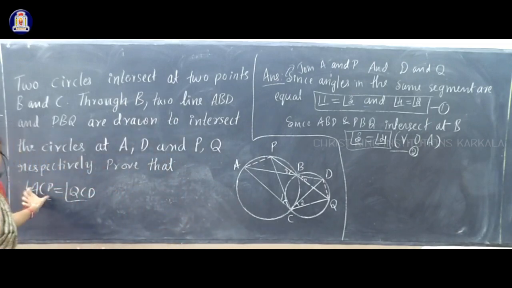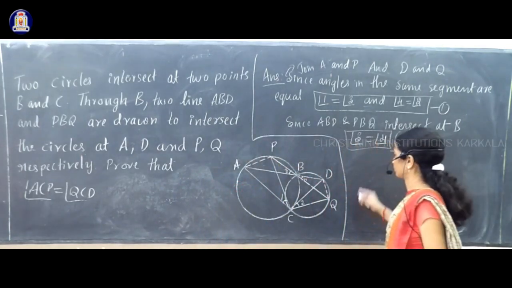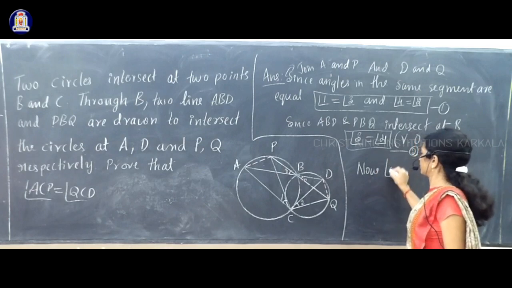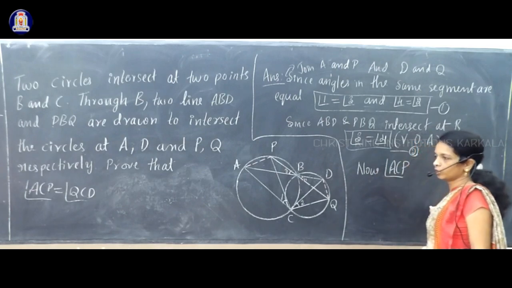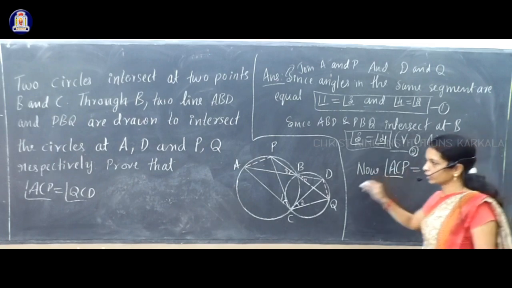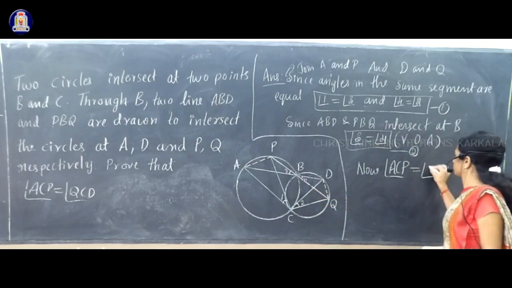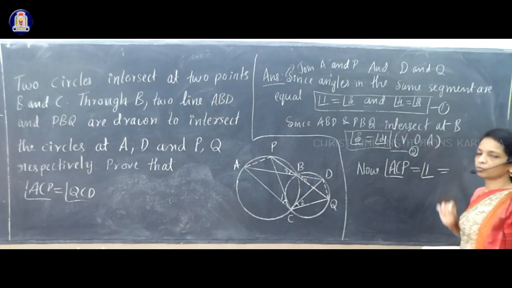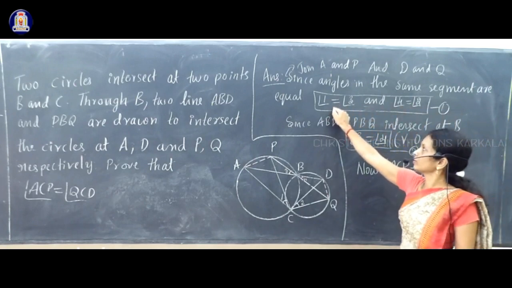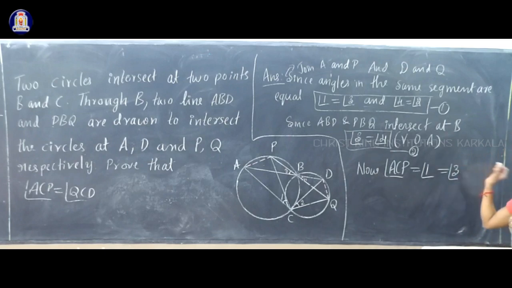I'll start with the angle ACP. Which name are we given for that? Angle 1. Now angle ACP that we have to prove equal to QCD. Start with this angle ACP. How we named ACP angle in the figure, that is angle 1. Okay, so angle 1. Next you go for an equation where you have angle 1. Here in this equation you have angle 1, that is equal to what? That is equal to angle 3.